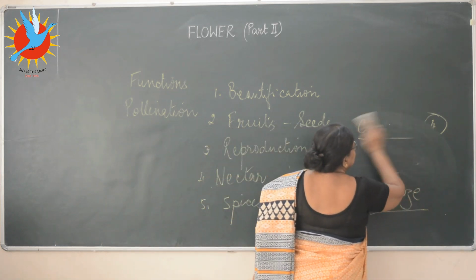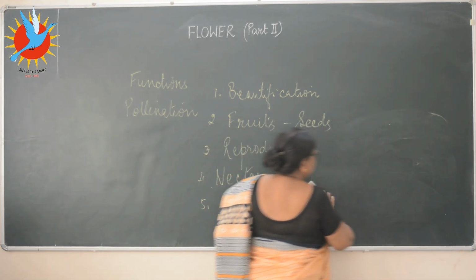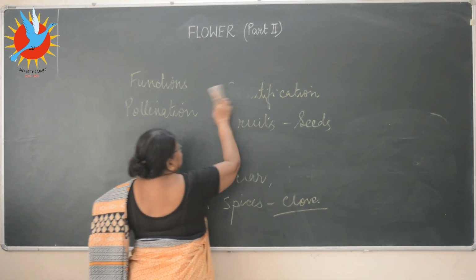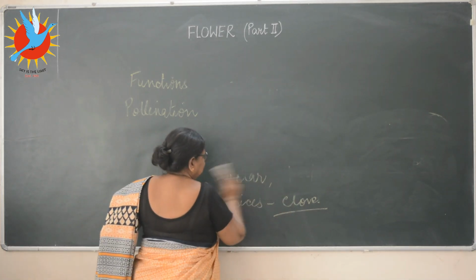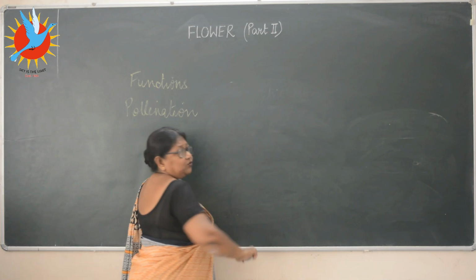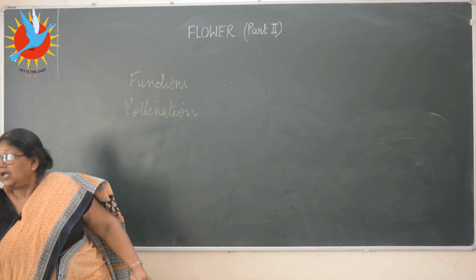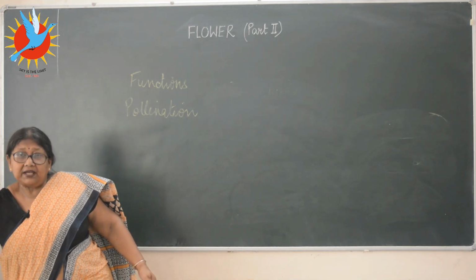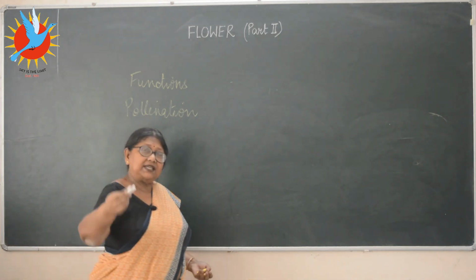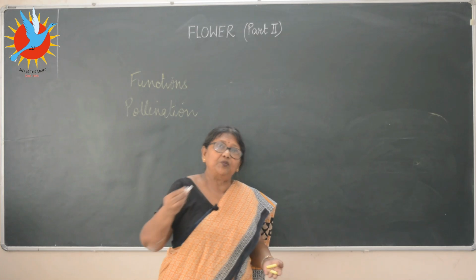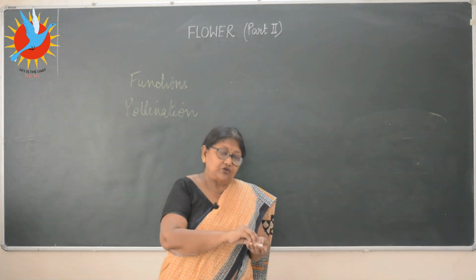That is the pollination. Now we do the full cycle. You have done root and stem earlier. You have done the leaves. Now we are doing the flower, from the flowers the fruit and the seed, from the seed the germination, new plant. So full life cycle we are going to complete.